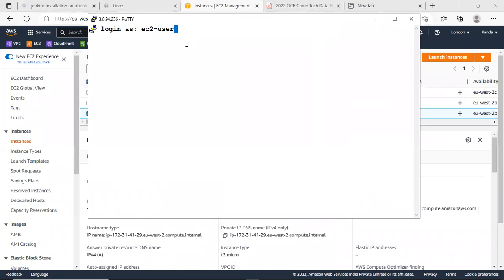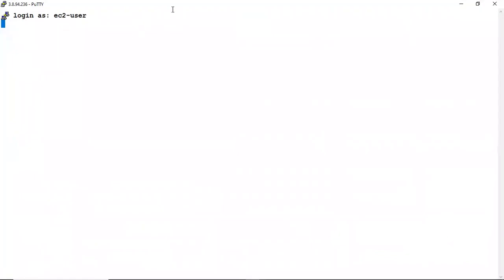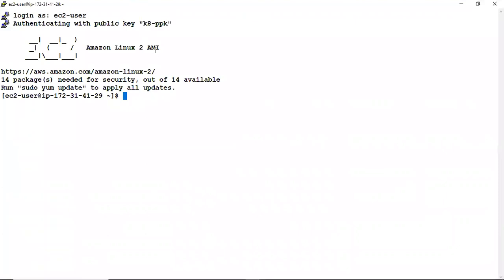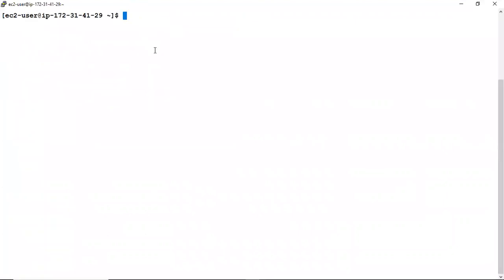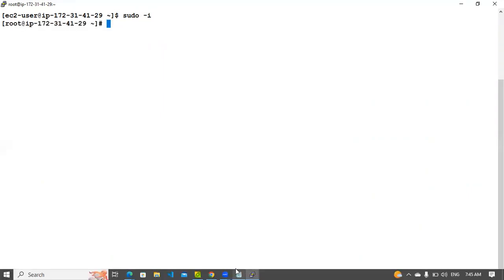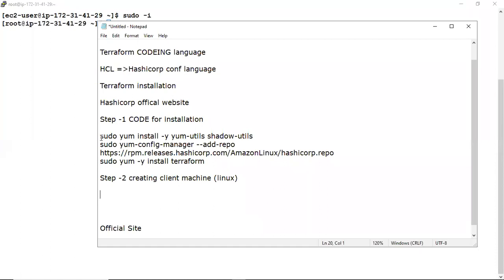EC2 hyphen user. Okay. Now I'm logging in as the root user. sudo -i. So from here, I start executing these commands.